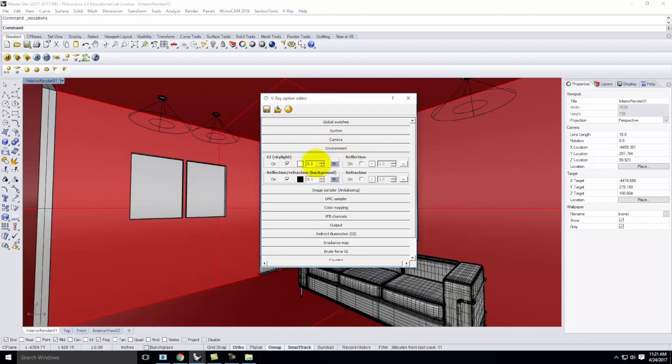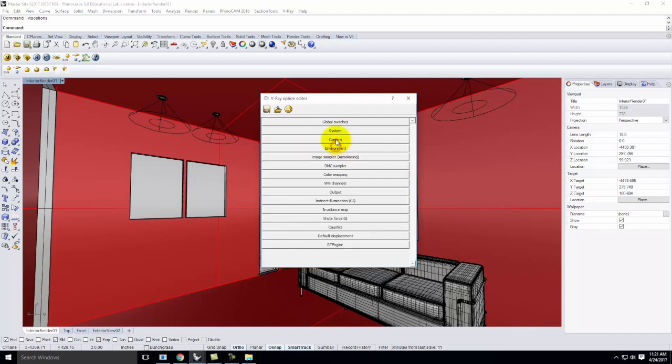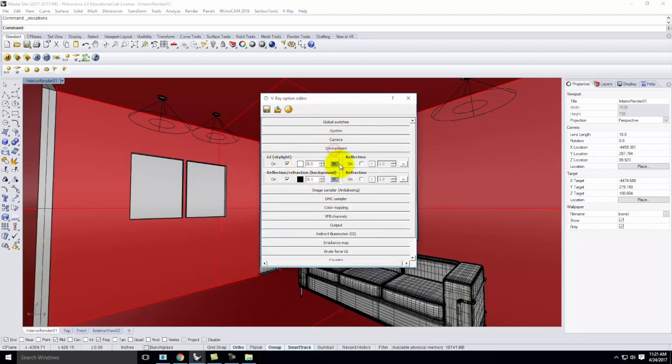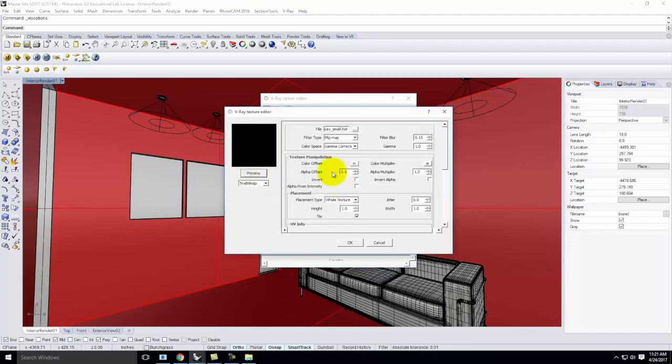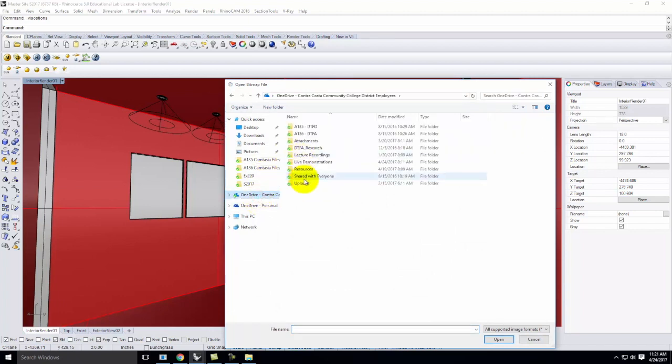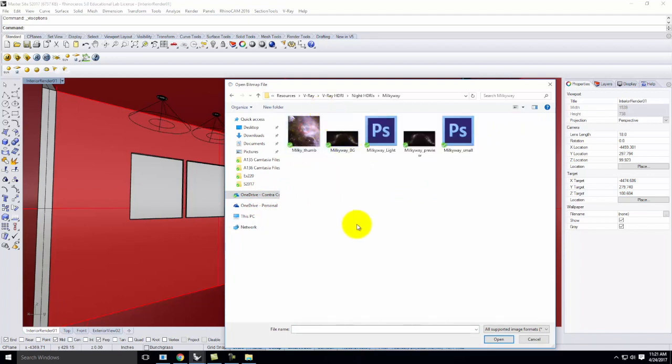Let's look here and make sure the environment settings are correct. Good. Physical camera settings are correct. Good. Under environment, I do have to make sure that the HDRI is in the correct place. So let's go ahead and click on that and find it. Resources, V-Ray, HDRI, night, Milky Way, and it is,